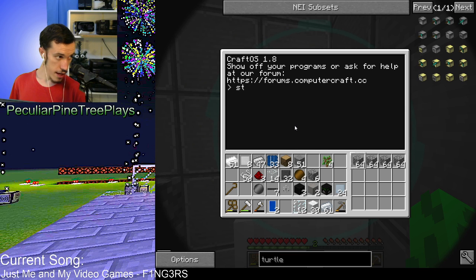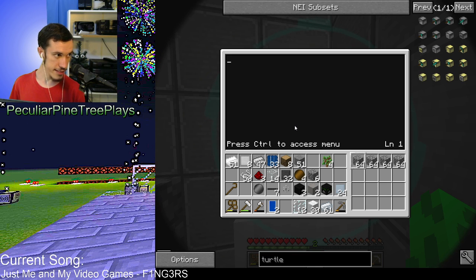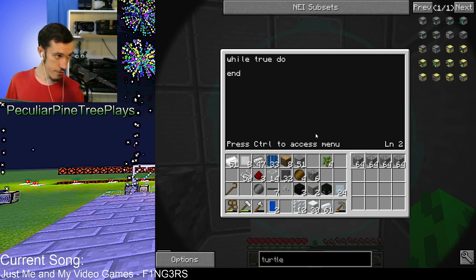Let's call it edit startup. Because startup will run on starting the turtle. So, simple program, easy to do. All we're going to do is a loop. So, while true, do. So, while true is true, do this. End the loop there. What we're going to have it do is just simply check through...